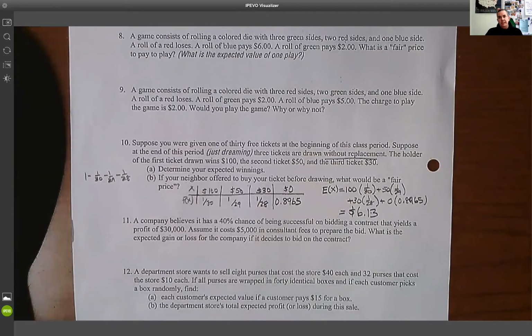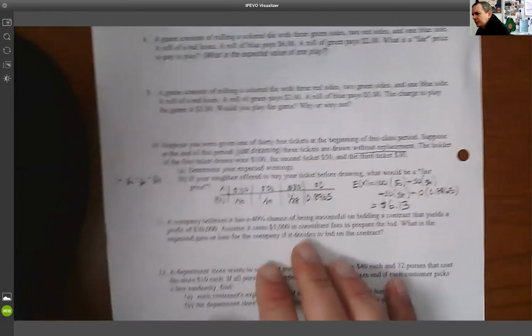If you charged anything more, you'd be overcharging for it. They would be better off just not doing that because they would lose money. So I wanted to talk about that one. Thought that was a pretty good one as well. And then the last one, or the last ones I want to talk about,